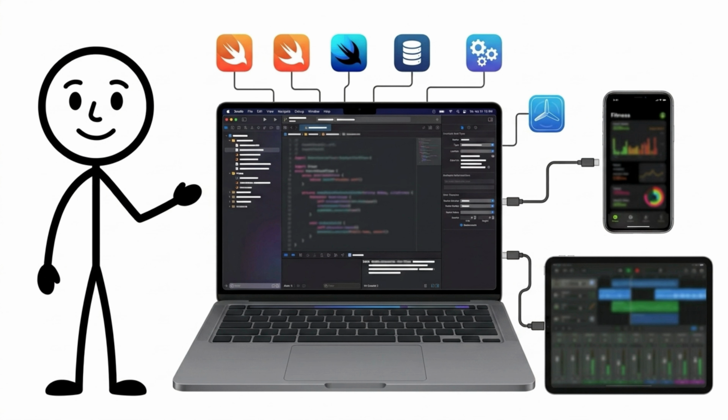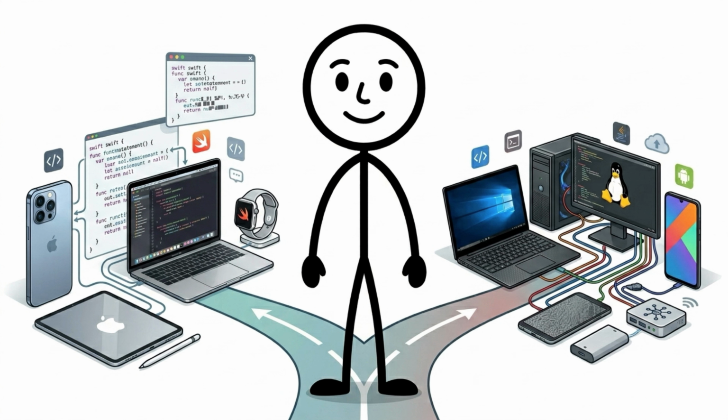Swift also works closely with Apple's development tools and frameworks, making it a natural choice for developers building native Apple applications. Its biggest limitation is its ecosystem focus. I mean, if you want to build specifically for Apple's platforms, Swift is extremely useful. If you want to create software for many unrelated platforms, other languages may be more versatile.